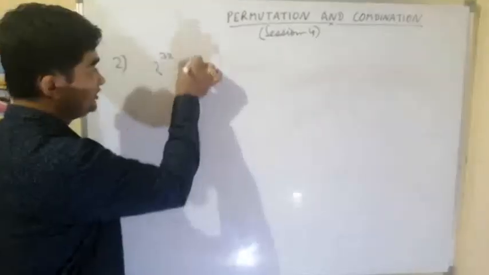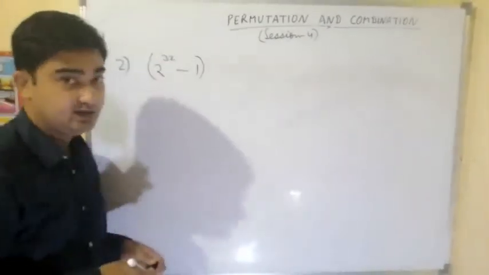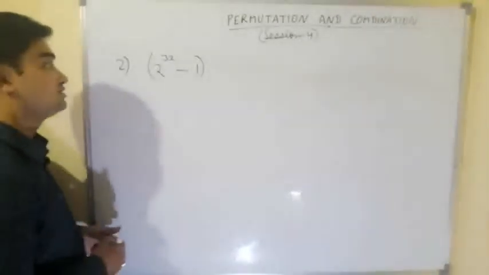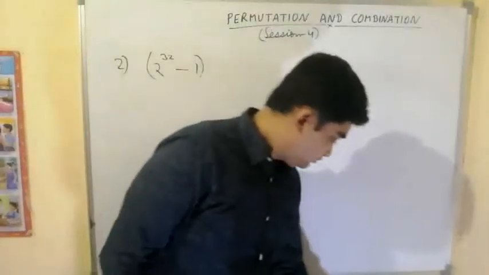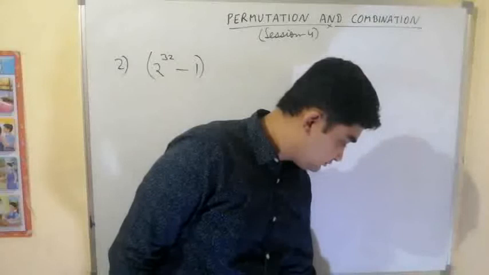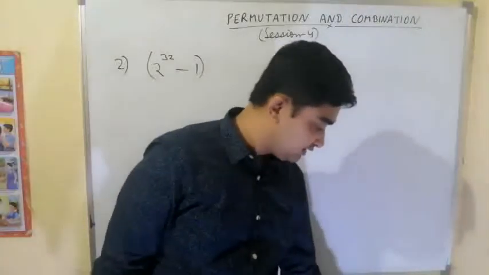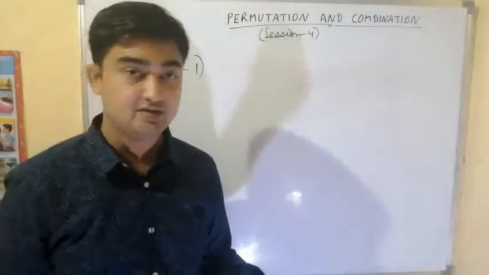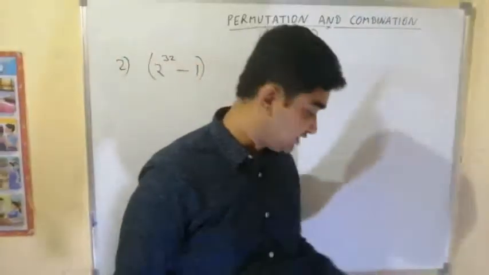But from this we have to subtract the one case where we are not putting a tooth at any place, because there is no person without a tooth. So the answer is 2 power 32 minus 1. That is a straightforward problem. Total choices available are 2 power 32, minus the 1 case where there is no tooth at any place. So that one case you have to subtract.